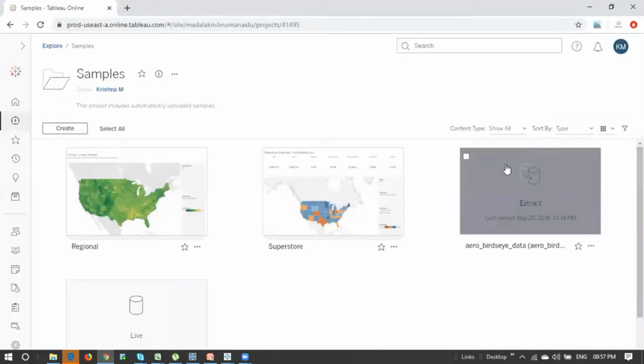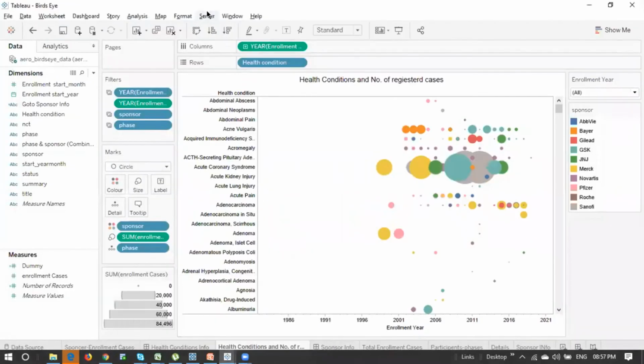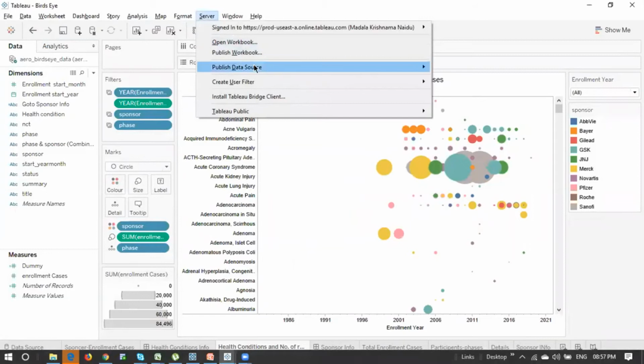Now you can see one more data source is available, that is the Aerobird's Eye data source. What I have done is, from Tableau Desktop, I have published the data source separately. When you publish a data source separately to Tableau Server, that is an independent data source.